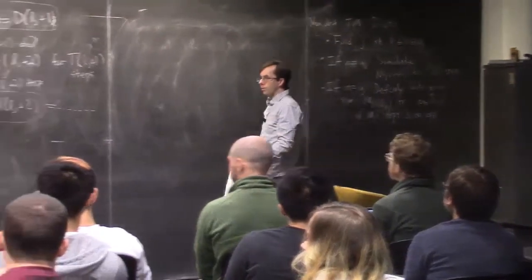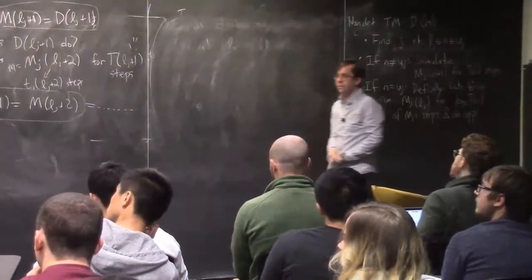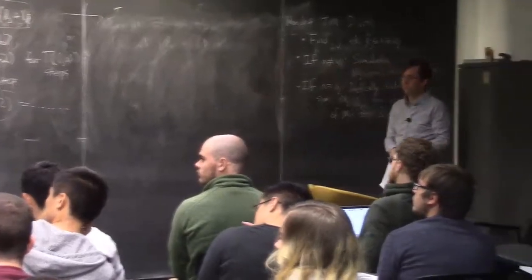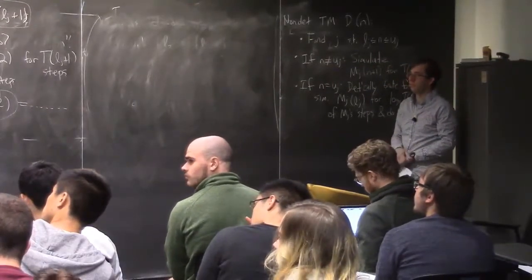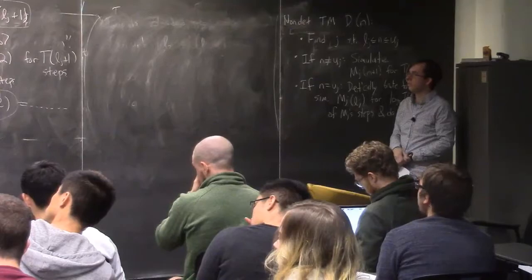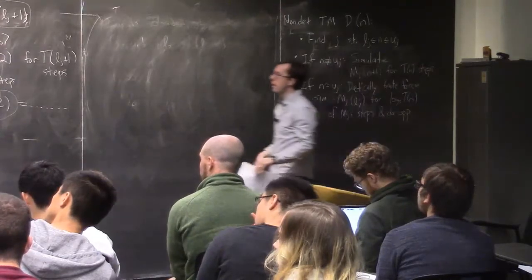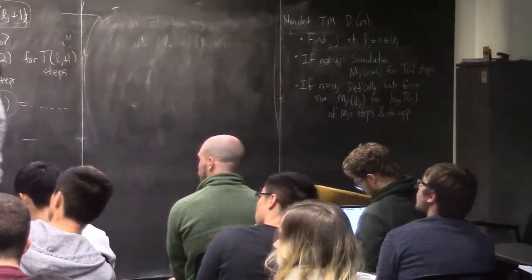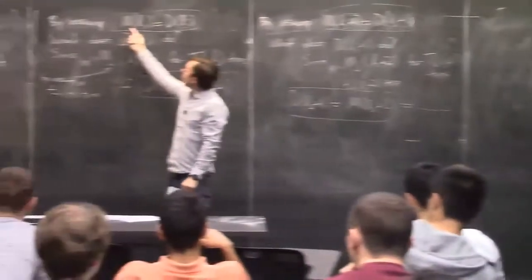That's right. Here we're just simulating that. So we cannot say that M of L_j is equal to D of L_j, right? No, we can. What I mean by this notation is, when these are non-deterministic Turing machines,